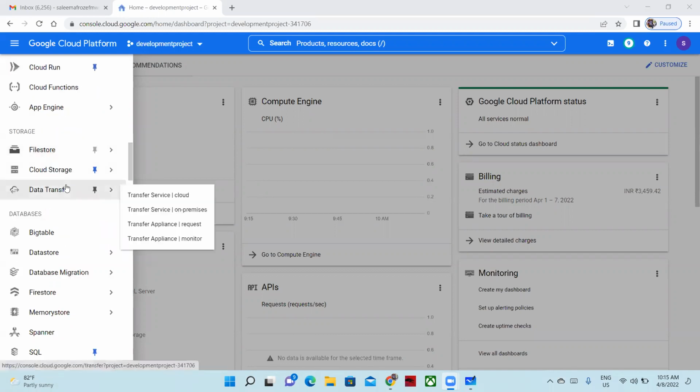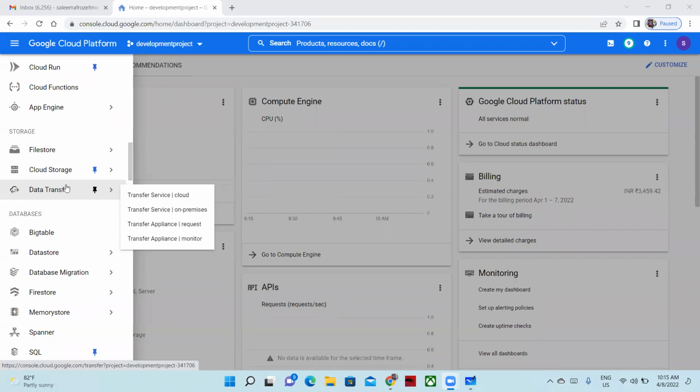Then again, we discussed storage. What is Cloud Storage buckets, where we need to store our data. It could be binary, documents, anything we can store in the form of files or folders; we can go ahead with buckets and Filestore. If you want to share a file between different users across the organization, across products, we can go ahead with Filestore.